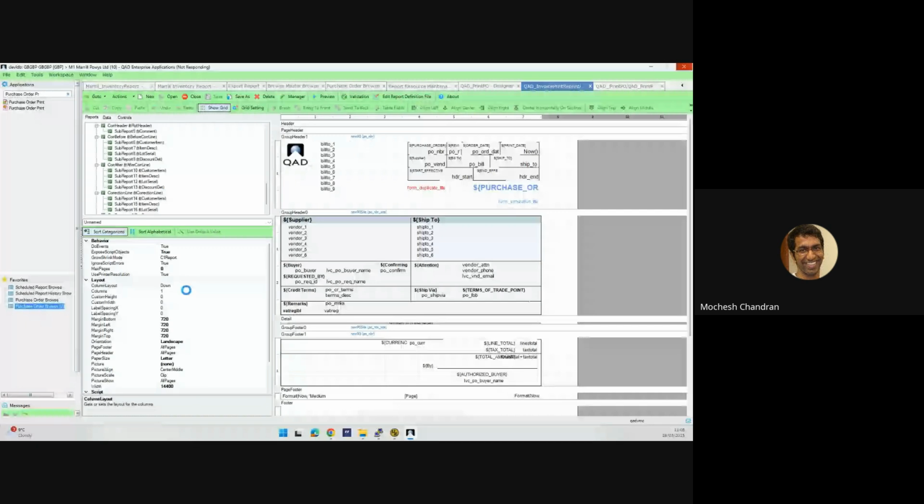You can add scripting to hide certain fields. For example, I want to display my ship via only if I have a value in it, and I want to hide the ship via if I don't have a value in it. That can be done by dynamic scripting. So in your designer, there is an option